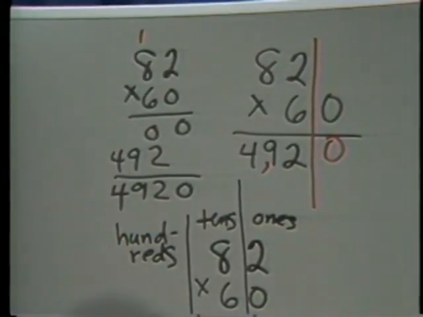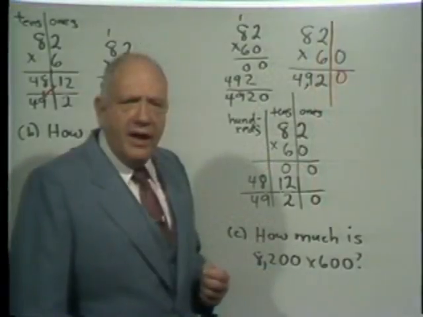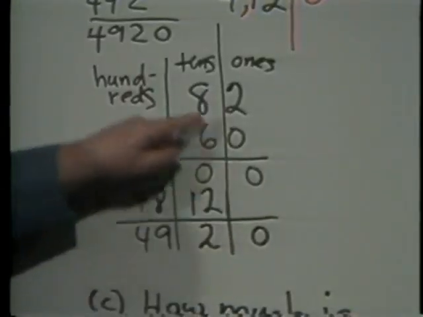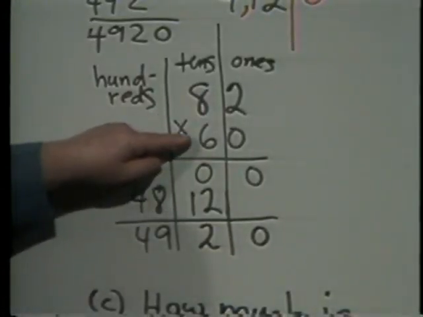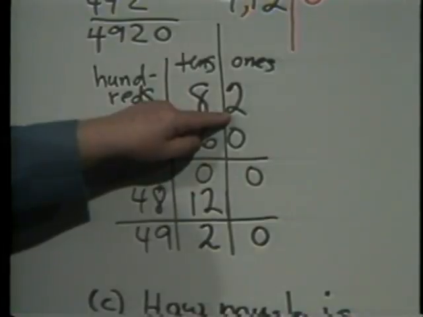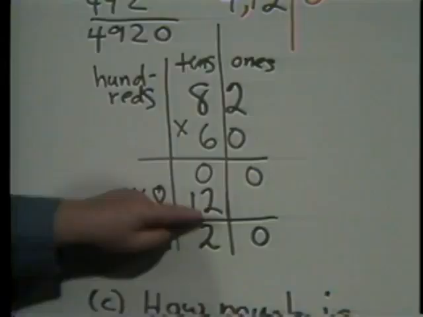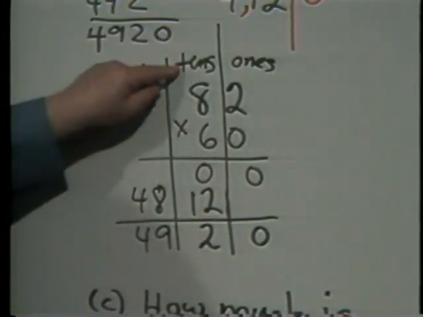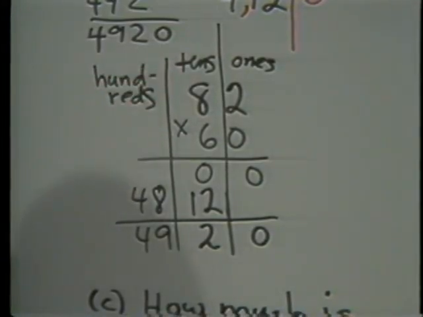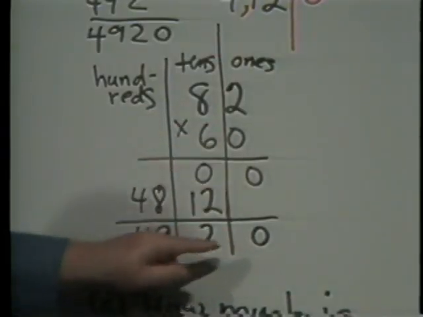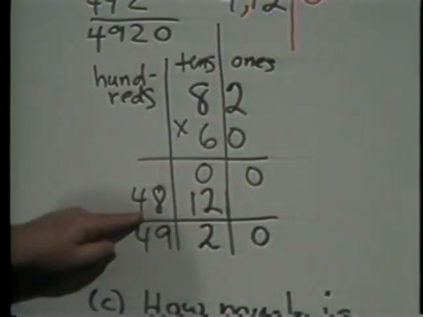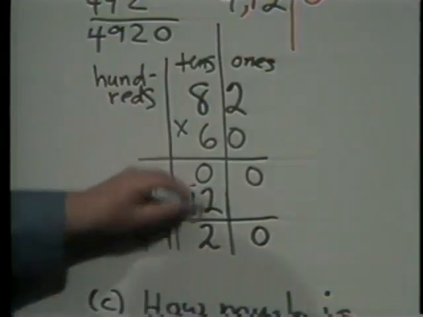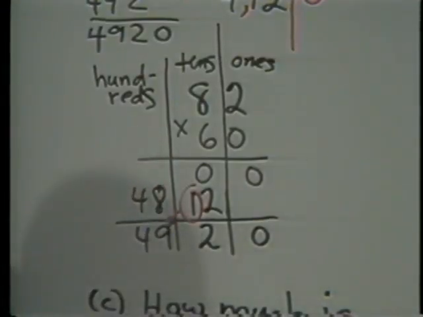And finally, if you want to see this the last way we explained it in the lecture on the module, what you do is view the problem this way. See, you still get the zeros over here, but later you say what? 6 tens times 2 ones is 12 tens, so the 12 goes in the tens place. 6 times 8 is 48, but tens times tens are hundreds, so the 48 goes into the hundreds place. So altogether we have no ones, 12 tens, and 48 hundreds. And then we can take what? 10 of our tens and trade them in for one more hundred, and now we get